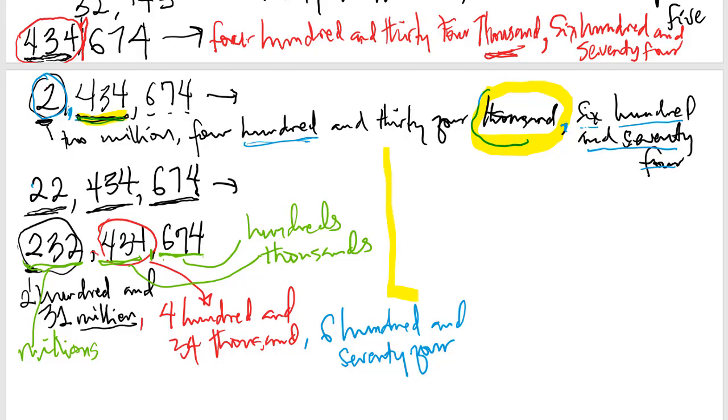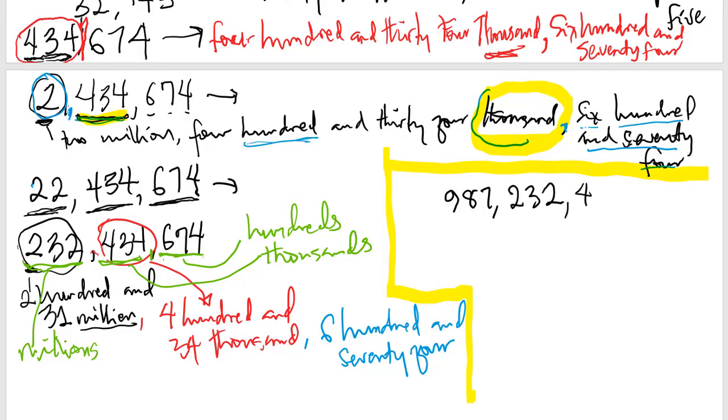Let me create space here. Let's say you have something like maybe 987,232,434,674. Remember, this is hundreds, this is thousands, this is millions,